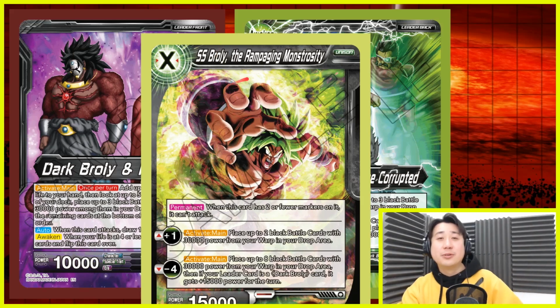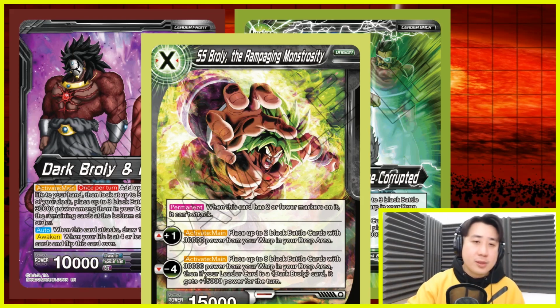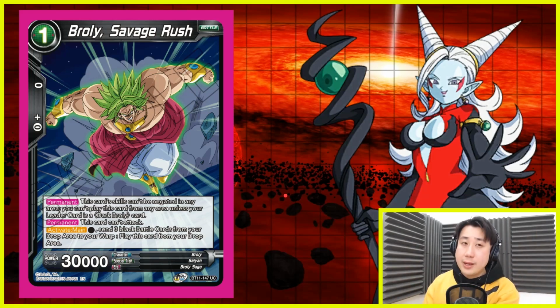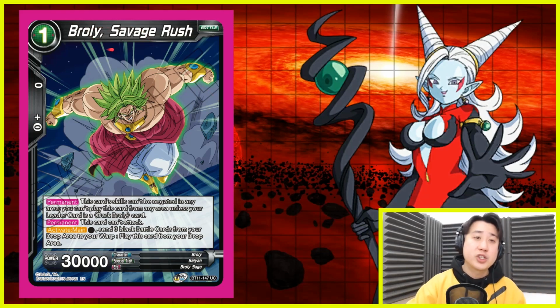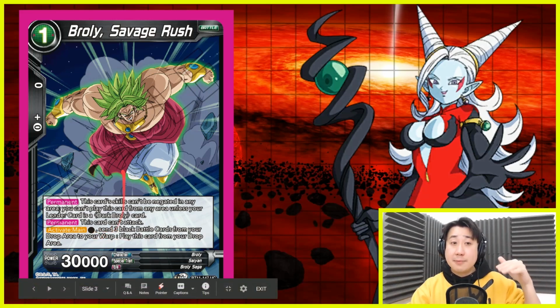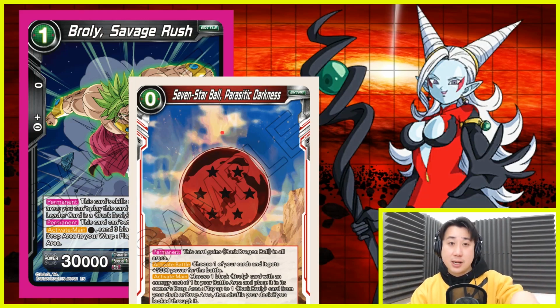And here we go, the Rampaging Monstrosity, and he can swing also. Another 15k swing, why not? Here we go. And other than playing from the drop area, there is another way that you can play the Dark Broly cards with 1 energy. If you play from the drop area, it's 0 energy, but if you use this guy, Savage Rush, it's 1 energy. You can